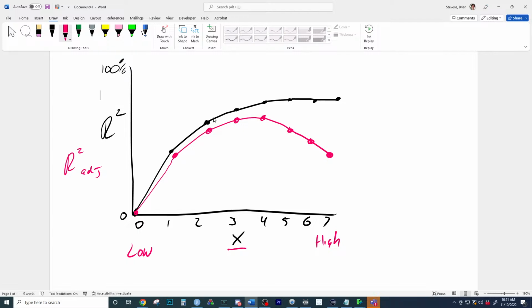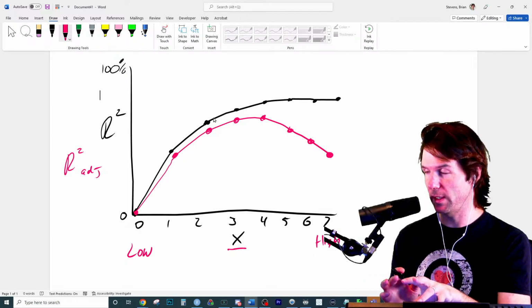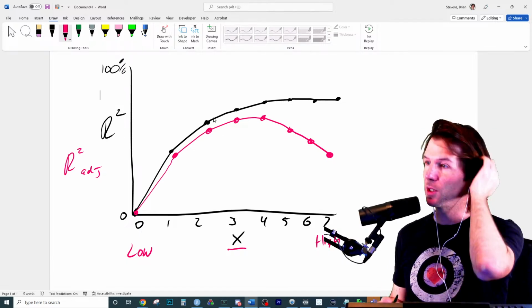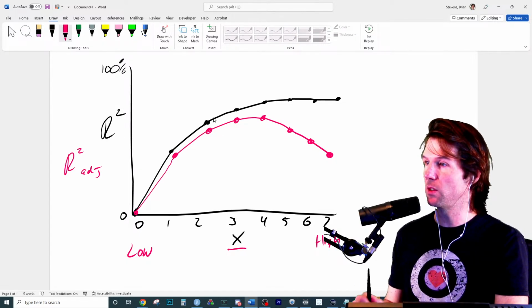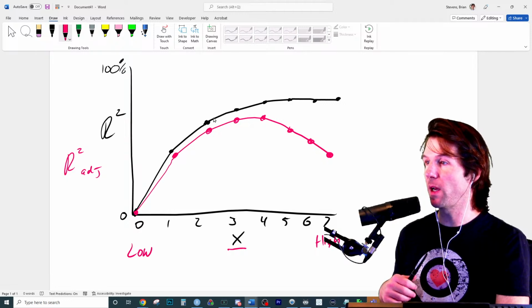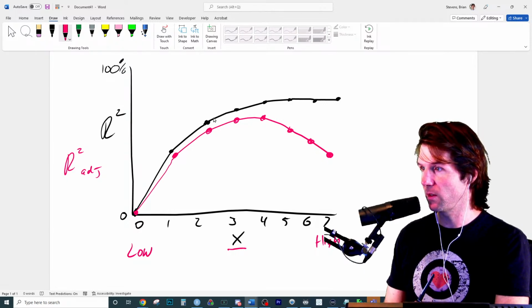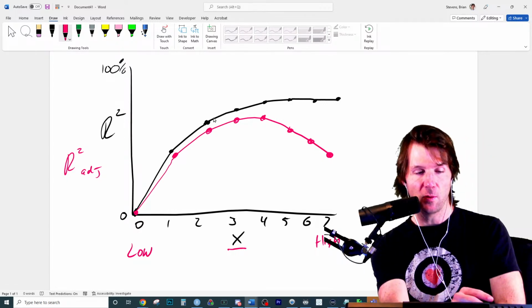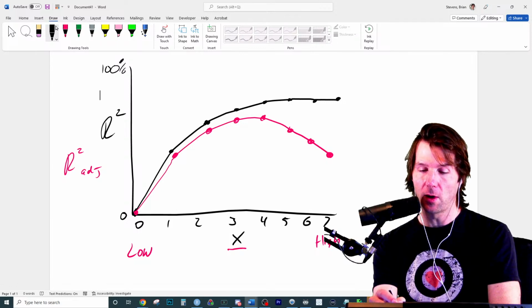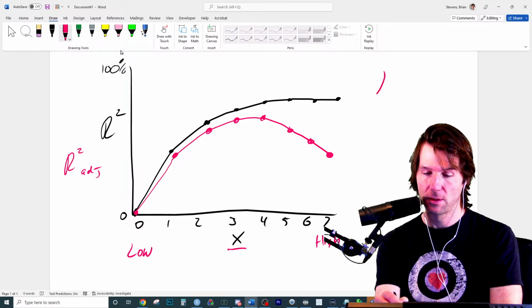In the output, do we use the multiple r squared or the r squared adjusted? So good question, Abby, right there. The r squared adjusted is used to tell us, we don't interpret it. We don't interpret r squared adjusted, but r squared adjusted is a way to tell if your model is doing better by adding new x's. So what we oftentimes do is we compare our r squared adjusted to our r squared.